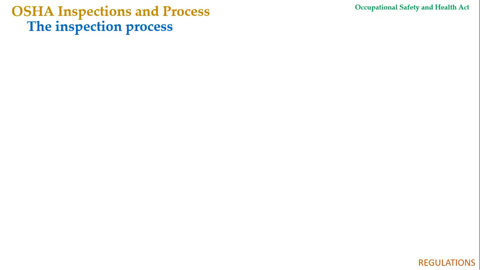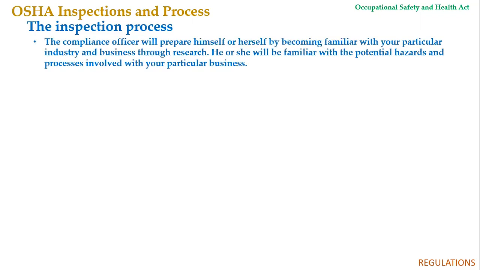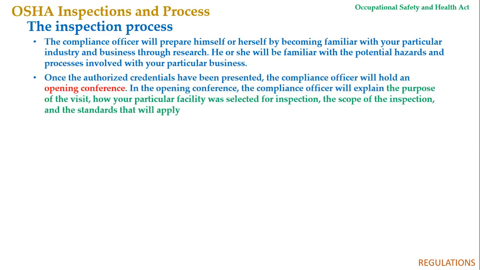Now we will see the inspection process, how the OSHA conducts the inspection. So the compliance officer first prepares himself or herself by becoming familiar with the particular industries and business through the research. He or she will be familiar with the potential hazards and the processes involved with that particular business. Once the authorized credentials have been presented,